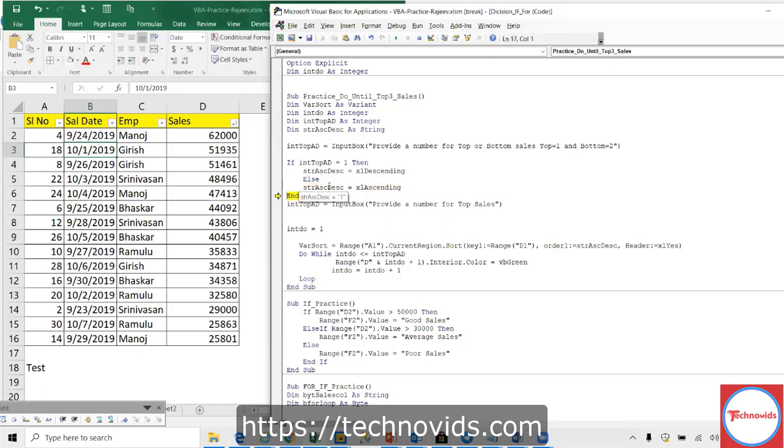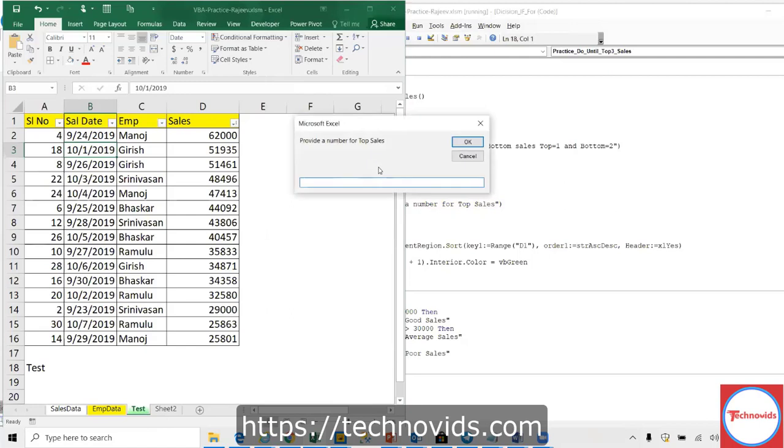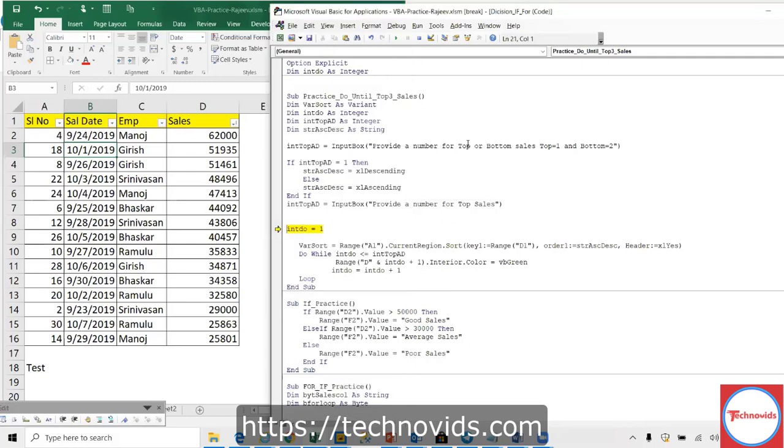Now the string is 1. It has assigned 1. That's what I was thinking, it will assign 1 or 2. So descending is 2 and ascending is 1. I can change it to integer actually. Now top 3 cells. This is not top actually, I have to change the prompt. This is bottom 3 now. It did do is 1. That is perfect. Yeah, it has taken 1. Now it should work.